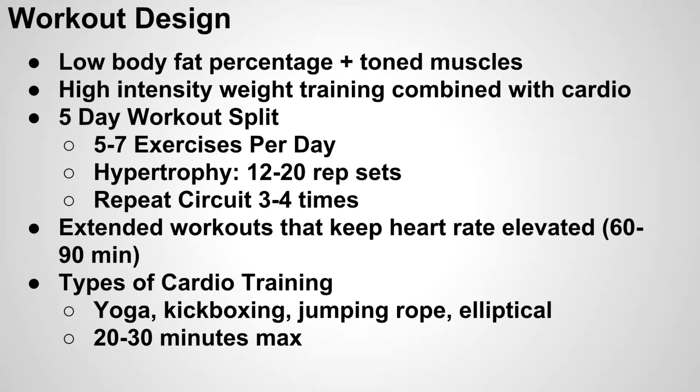All right. And for the cardio, if you're like me, cardio tends to get pretty boring just walking on a treadmill or the elliptical. So I usually like to try doing a different type of cardio during each workout. So that could be anything from doing a vinyasa class, going to the yoga studio, if your gym has a yoga class that they're teaching that day, hit up a vinyasa class, or try kickboxing, even jumping rope, maybe shoot the basketball around. Elliptical, stairmaster. Just by varying that up every single day and doing 20 to 30 minutes of that after your